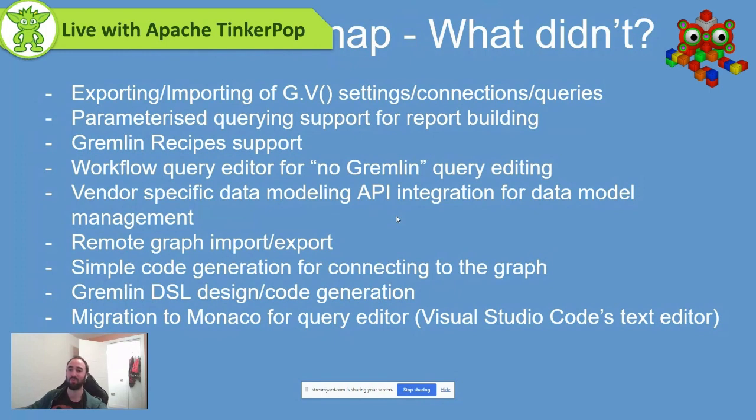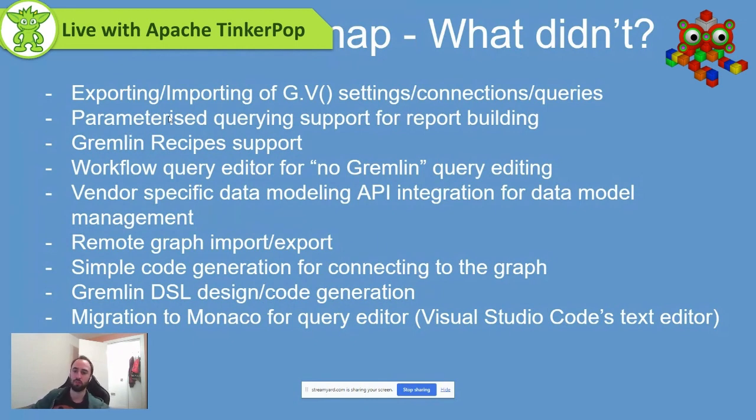And now we're going to try and produce a roadmap that is a little bit more realistic to the time we have and what we're actually trying to deliver. So you'll see, for instance, that one of the big features that didn't really make it is the ability to export and import G.V settings. I'll get back to that one later. The ability to create parameterized queries. So for instance, running a query that's saved on your software on G.V and providing a few parameters before running it. A bunch of other